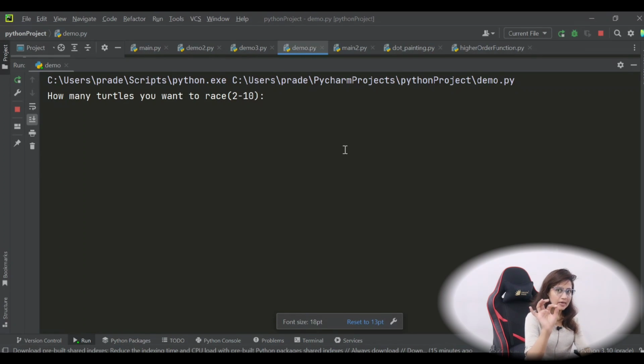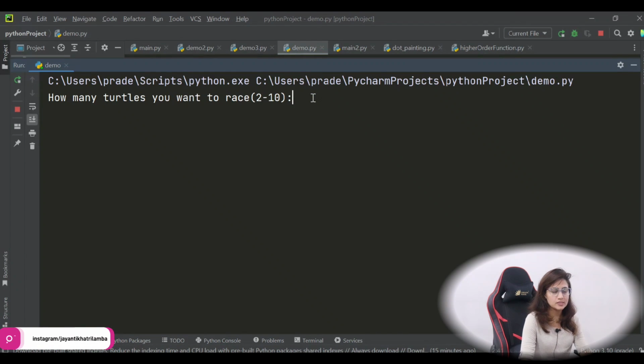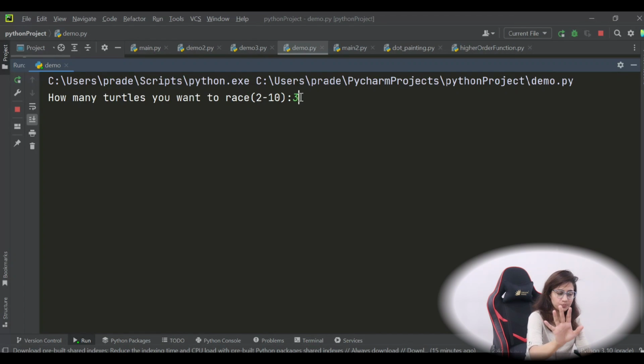Whenever you run the project, it will first ask how many turtles you want to race, in any range you like. Obviously if there is one turtle there would be no race, so at least two turtles, and maximum we can take 5, 7, 8, 10, 15, many turtles. So 2 to 10. Let's take only 3 turtles. Whenever you enter,